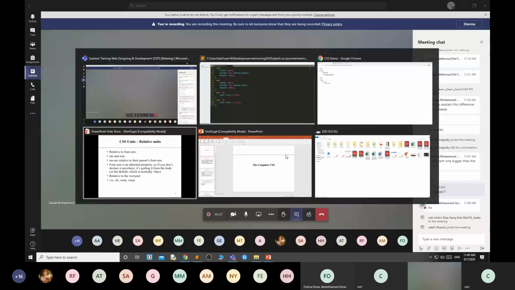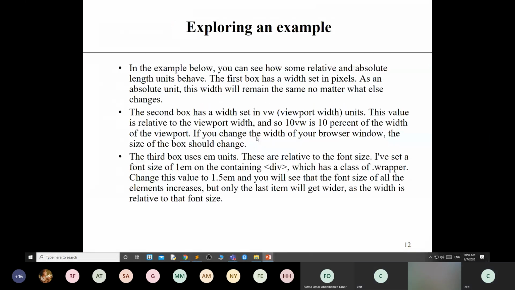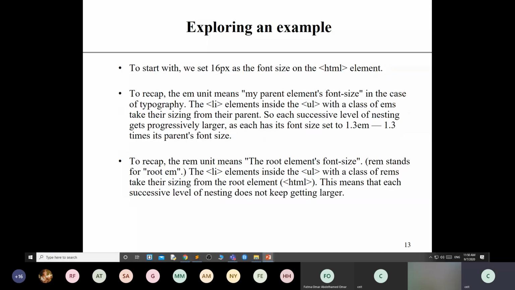Then the last one is the... See, in this slide, I have explained the examples in a clear way. If you forget what I said, you can read this and understand. The EM unit means my parent element's font size.